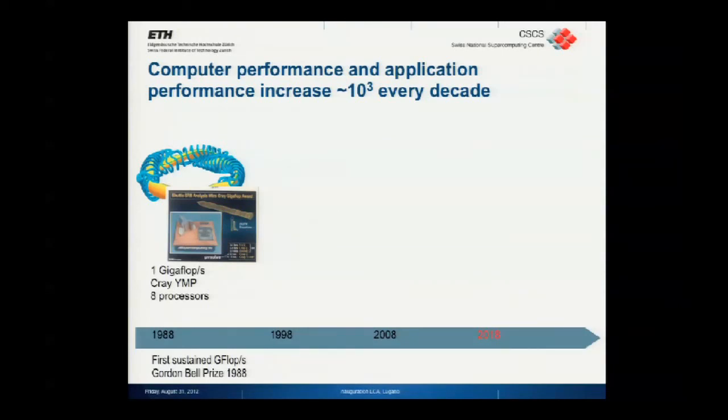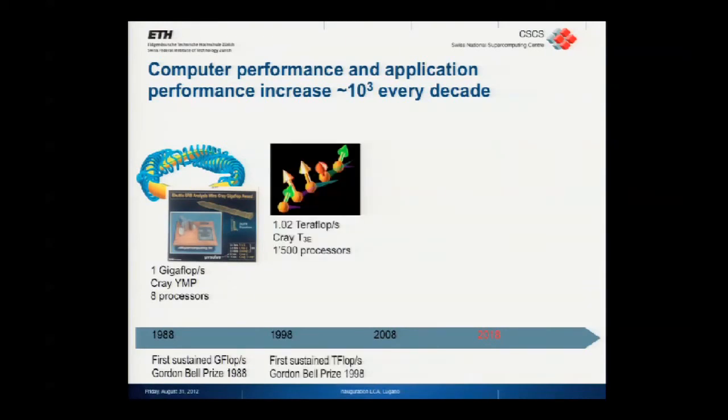One way is to just measure the theoretical maximum that the machine can have. And sometimes in newspapers you read that number, and a lot of centers will talk about that number, which I think in fluid mechanics, in material science, or in seismology do when they run on these machines. And as I said, the first gigaflop was sustained on an 8-processor machine in 1988. A very similar machine was standing a few years later at ETH Zurich, and I did my PhD work on that machine. 10 years later, the first teraflop